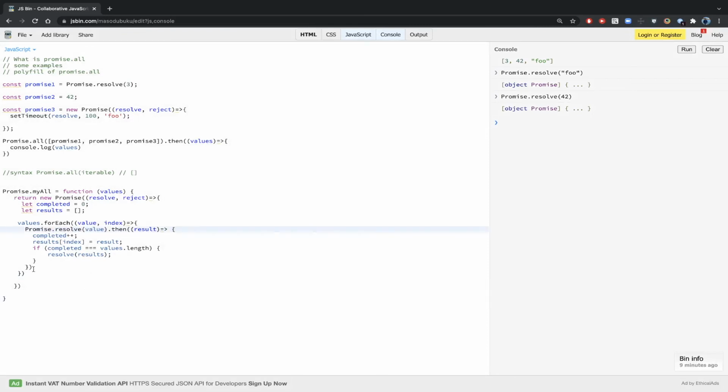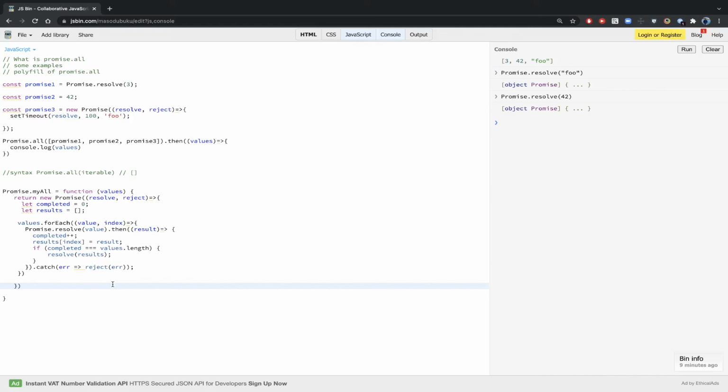And let's say something happens while we are doing the resolve, we can have a catch here as well, because every then block can be accompanied by a catch block. We have to handle a situation where one of the promises rejects, right? So we have to call that reject immediately and return it. Whatever error has come, we will reject with that error and return from here. We're not interested in results anymore, because the fundamental principle of Promise.all is fail fast.